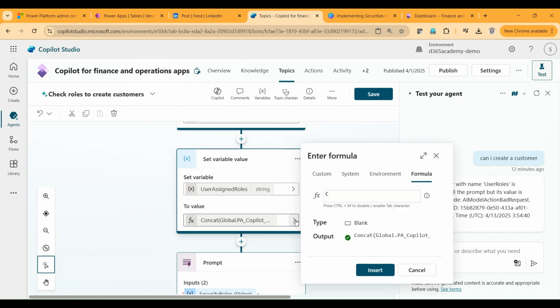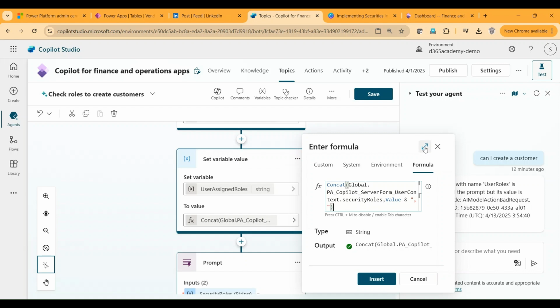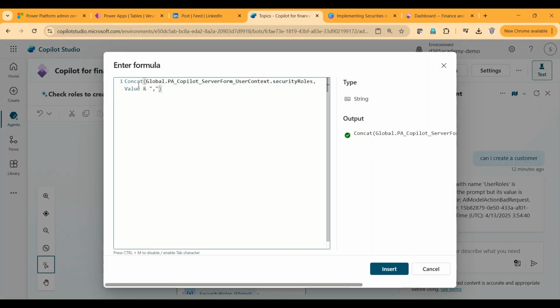I am converting this. Let me go back to my formula designer, and I'm concatenating this as global.pa underscore copilot underscore server form underscore users context. It's a long list, and then security roles. If I say it like this, it's going to return the set of roles which my Dynamics 365 user